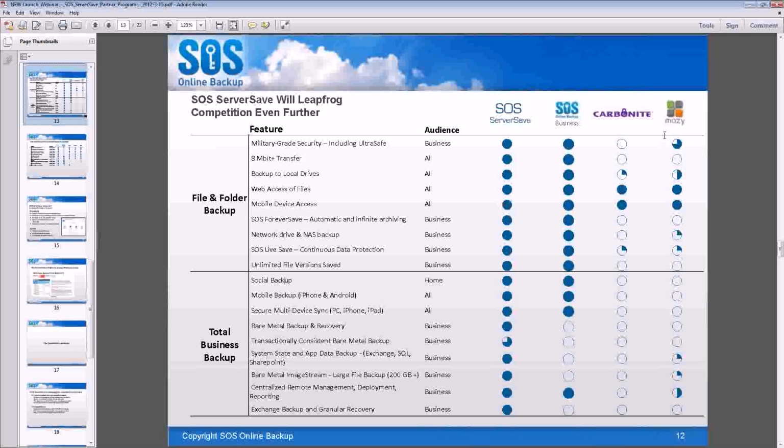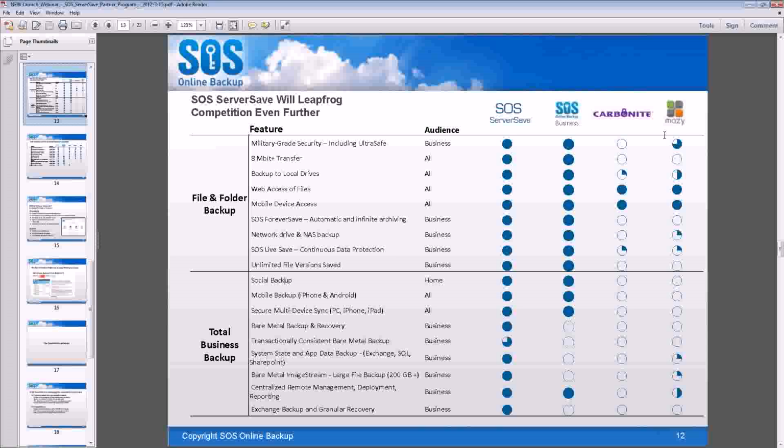Chris Lee says, how do your price points and features compare with Amazon S3? Well, Chris, S3 is not a backup service, it's a storage service. So if you're using S3, you have to go and build a backup application that connects to it. We've put more than $10 million into building our backup application, so it's not an easy thing to do. But from a cost standpoint, we're actually pretty much the same price. With us, you get the storage, but you also get all the backup technology. With S3, you just get the storage. S3 is the equivalent of a hard disk drive, which is not the same thing as a backup solution.